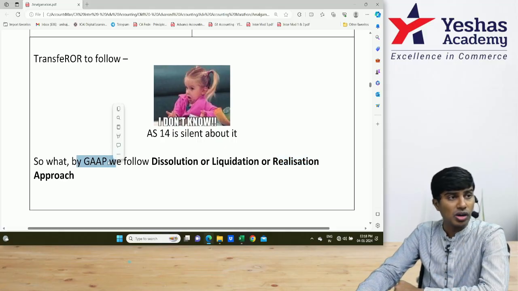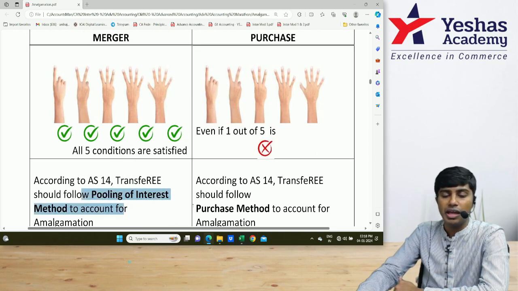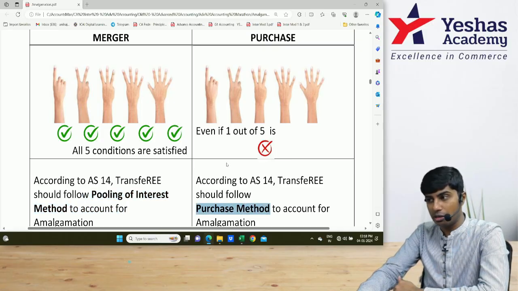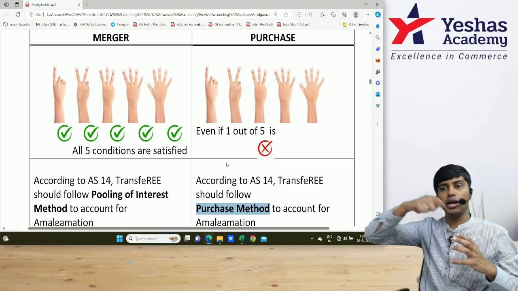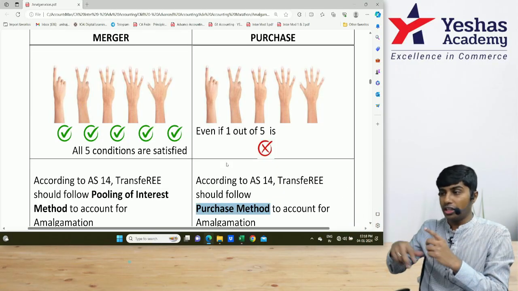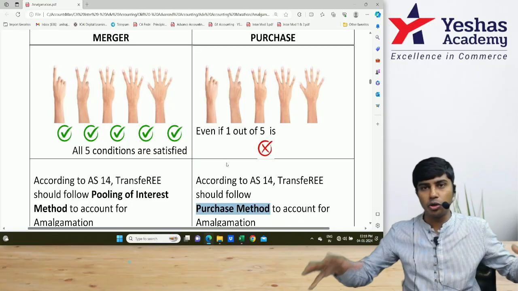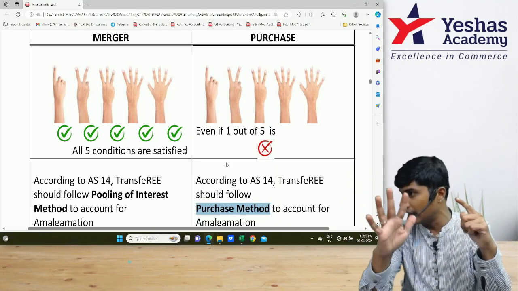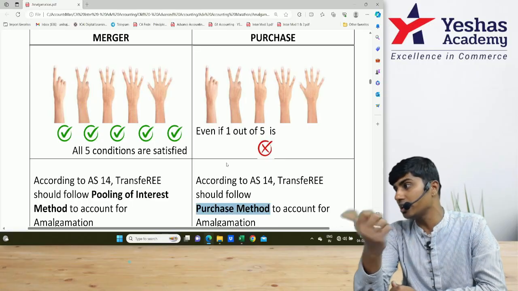Shall we now quickly see what the accounting entries are in the books of the transferee under the pooling of interest method as well as the purchase method? Under both methods, remember the story. First the box is received, then the box will be unlocked, assets and liabilities will pop out, then we pay the money, then the box will be kicked, we pay the money to the liquidators, then the assets which are there below will be arranged after considering DRUMS. It will be drum if it is merger, it will be drums if it is purchase.